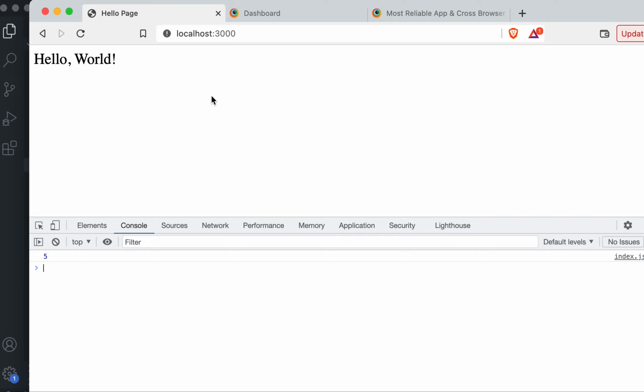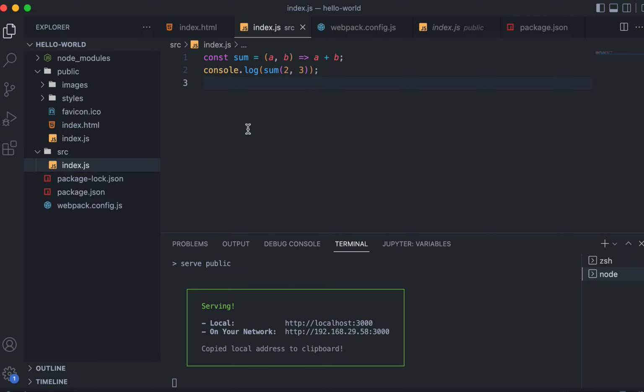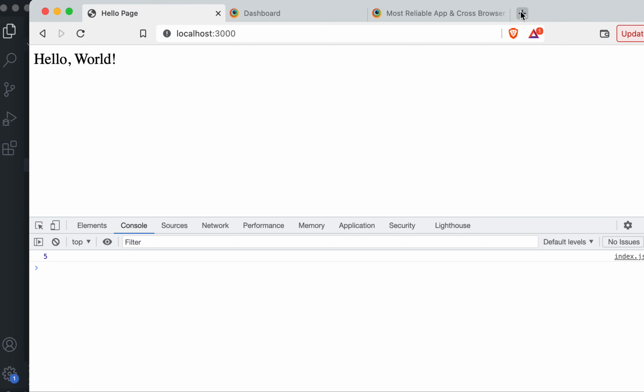Now how to go about it, where should I run my piece of code so that I can see that there is a difference between the modern syntax and, let's say, the older syntax? For that, you can use a website called